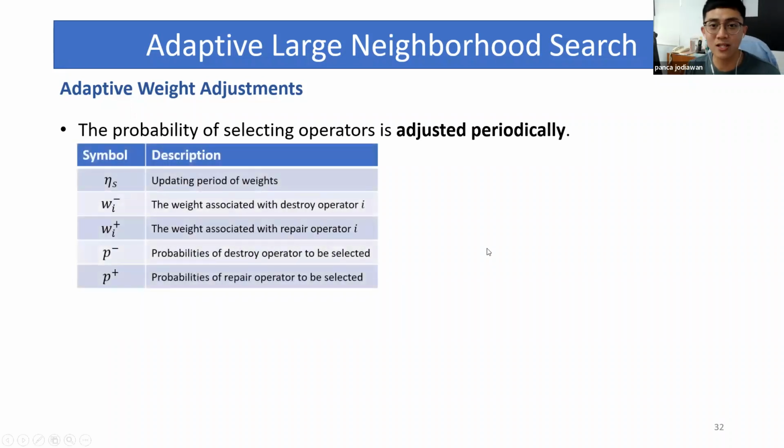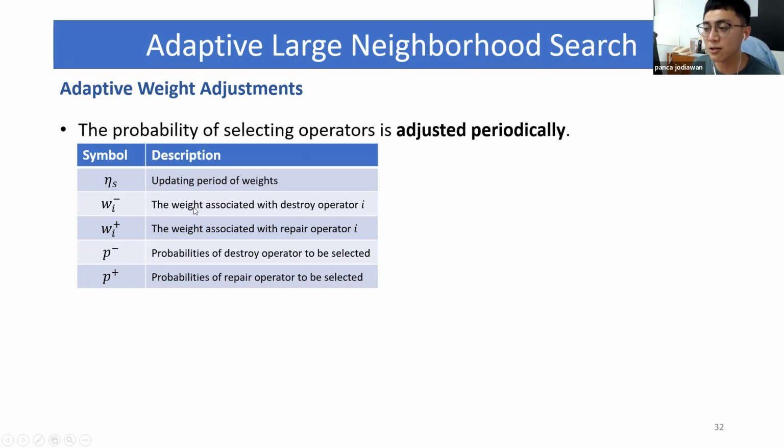Now I recall the remaining symbols. We have 5 new symbols here. We have eta s, the updating period of weights, and then we have wi minus, wi plus, p minus, and p plus.